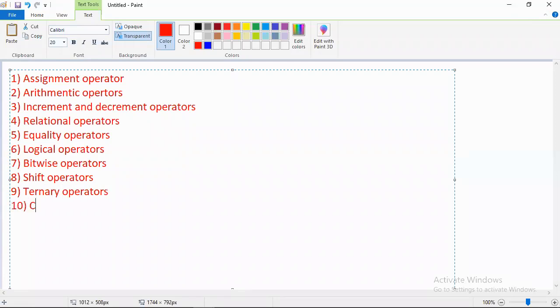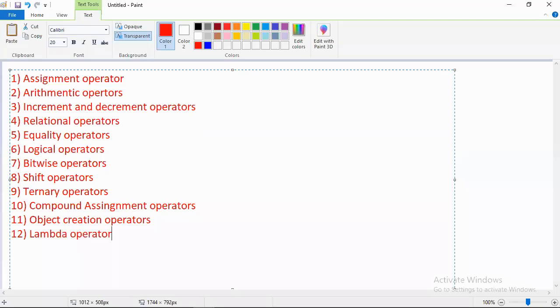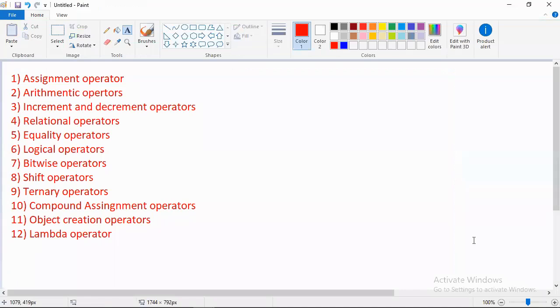Then compound assignment operators. Then object creation operators. And last, the Java 8 feature operator, lambda operator. So these are the 12 categories of operators we have.